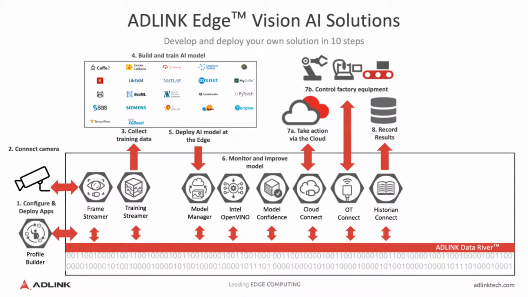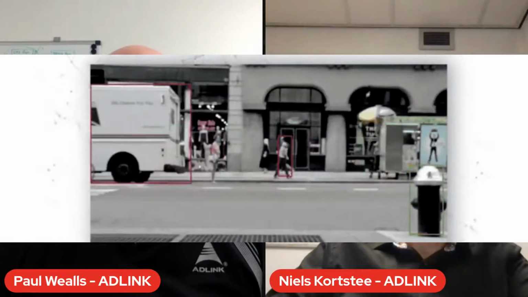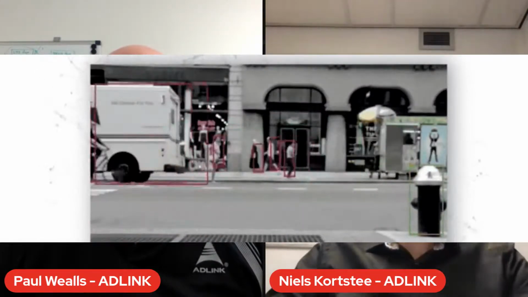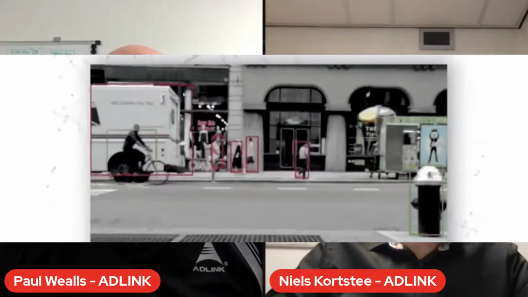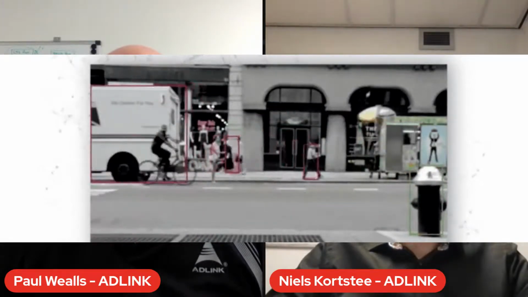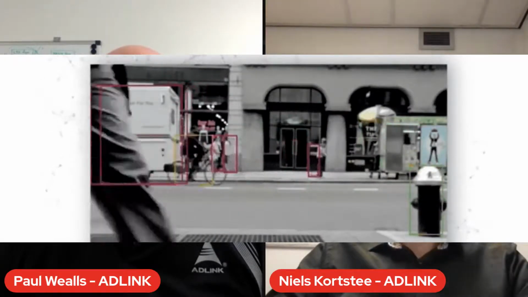Then there's also connectivity to historians to allow you to record results in databases, for instance. And as a next step, also visualizing the results, monitoring the results. In Profile Builder, there's a viewer that's able to connect to the Stream Viewer app that consumes the inference results, and consumes the frame streamer live camera footage, and is able to overlay them on top of each other and visualize. So it looks something like this. You've got your live video, and you've got your object detection model running, so you can see the people detection, the fire hydrant, the car detection, etc., to allow you to see how your model is doing, and potentially